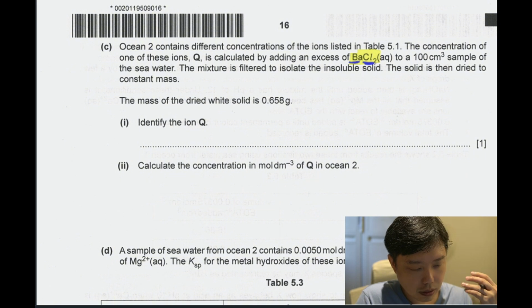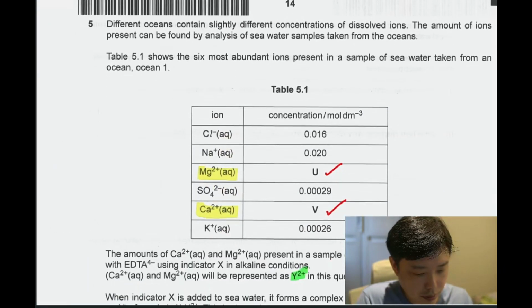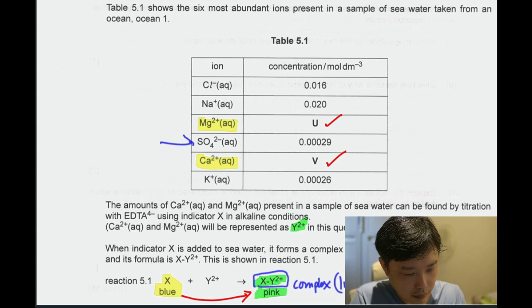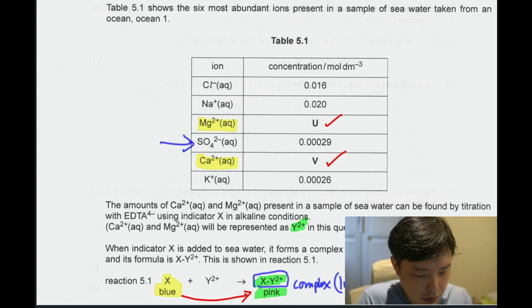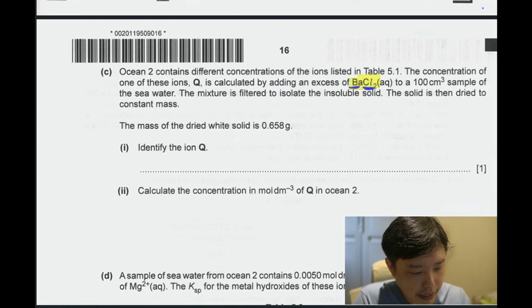So what is the chloride going to test for? Usually it tests for silver, but we don't have silver in the table. Barium, what is it usually testing for? Testing for sulfate, okay, which is actually present in our table here. We don't have silver, but we have sulfate. So the precipitate that is formed by adding barium chloride is